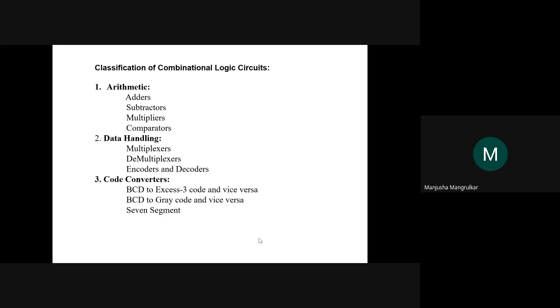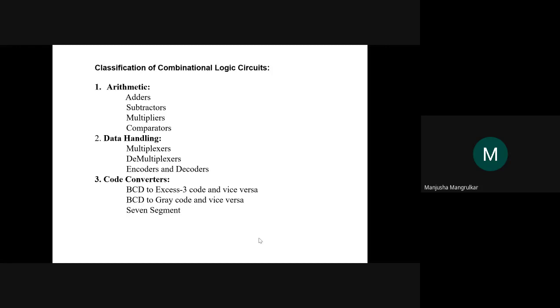Now, code converter means what? It is a very important aspect in the digital system. Digital system has to be secured, so whatever data we transmit through the wire or through the air should be coded. So they use different techniques to code the things. Now we can see the four techniques for the code converter.